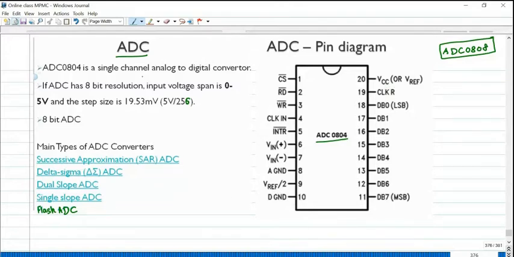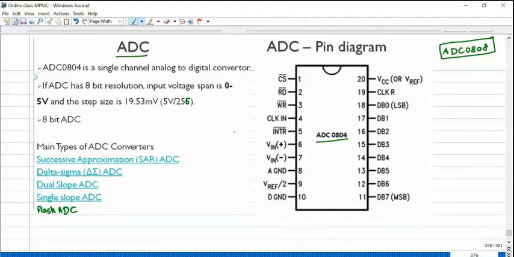Basically, all ADC converters convert our analog input to digital output. Suppose we are going to monitor sensor output like a temperature sensor, pressure sensor, etc. Sensor output is basically analog only, but we cannot apply the analog signal directly to the microcontroller, right? So we have to convert the analog signal into a digital signal and then apply it to the microcontroller. The controller will process and display depending on our program.